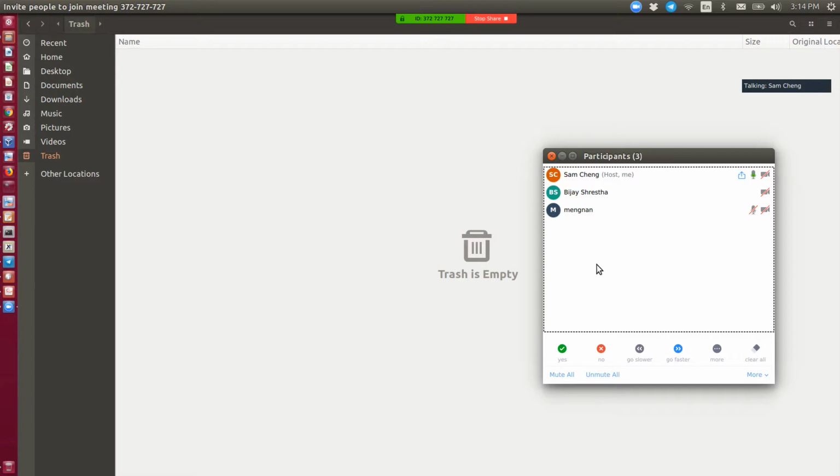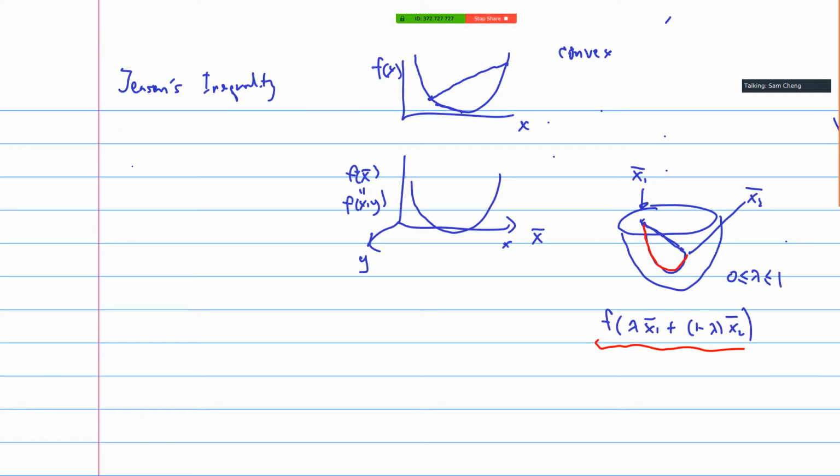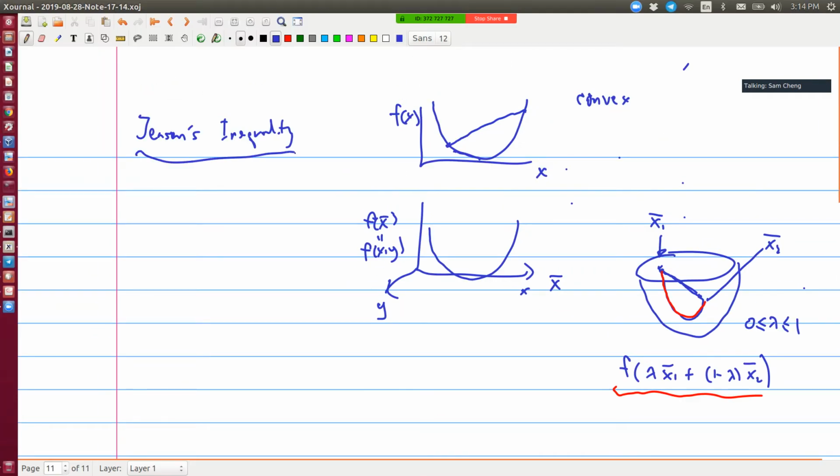I guess you should be able to see the screen now. So we are talking about Jensen inequality. Jensen inequality is just something like, if you consider, okay, I'm talking about convex functions first. Actually, I want to explain what we mean by a convex function. For example, I have a function over a vector space, in this two-dimensional case, x and y here. So a function is convex